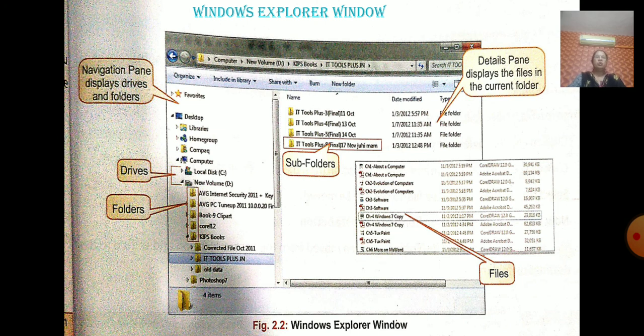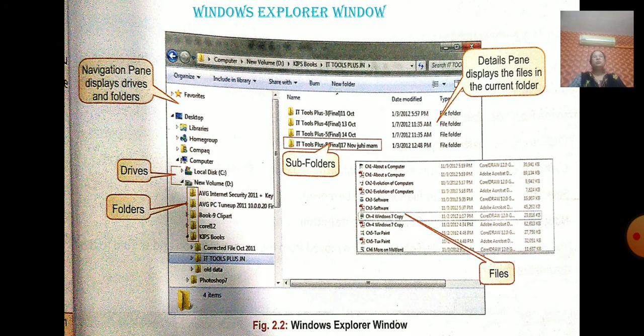Select the file by clicking the left mouse button, click on the Organize button, select Copy, and then Paste. This way you can copy your folder.